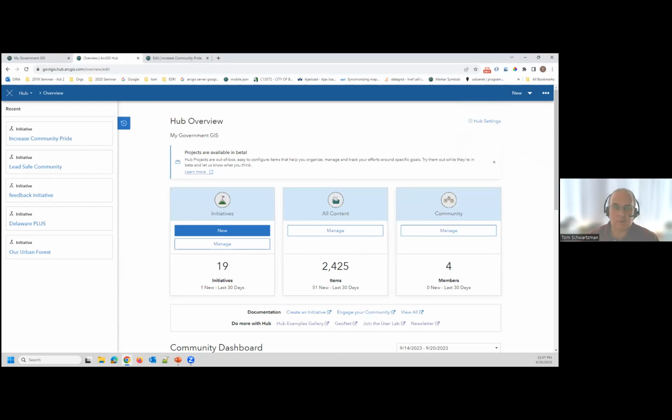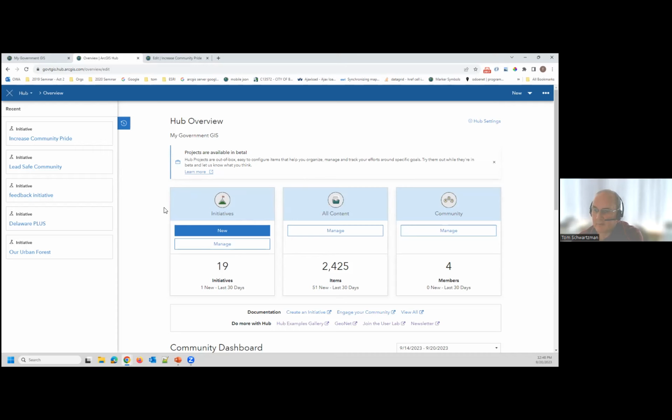For whatever reason, when we talk about Hub Basic, we talk about Hub Sites, and when we talk about Hub Premium, we talk about Hub Initiatives. Ultimately, they come out as the same thing, although obviously with Premium, you get more tools. So apologies from me, unofficially for Esri, for continuing to confuse you with names and such. The evolution was that enterprise sites and Hub sites are sort of equivalent, and then Premium gives you added functionality, so we stepped it up to initiatives. Regardless, it's sort of the same idea.